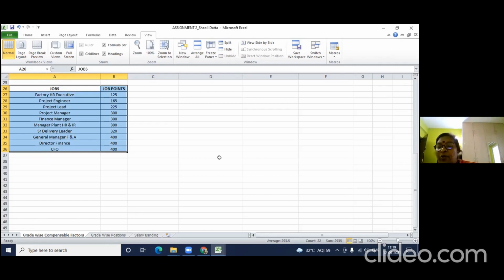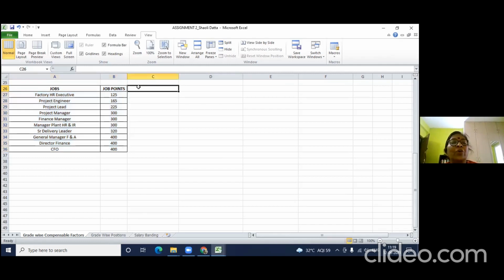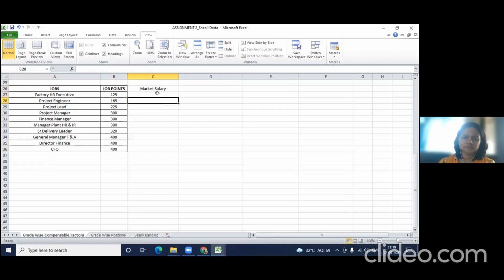Okay. Now, if you recall in my first session, what did I mention? That when we need to fix salaries, our job is only 50% done. So what do I need to do now? Get the market data. You agree? Because what will I benchmark with? So now you put market data per month and just put the salaries per month. If you recall last time, you can put the same. Then I can just look at it.